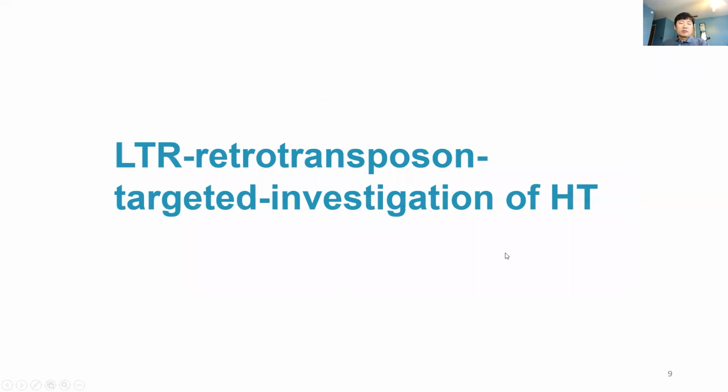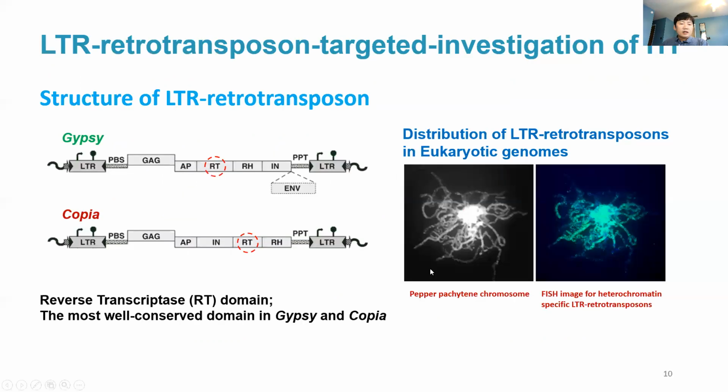Now let me talk about the development of the LTR-retrotransposon targeted investigation method. This is a brief introduction of LTR-retrotransposons. The LTR-retrotransposon is the major transposable element that comprises plant genomes. Gypsy and Copia are the two major superfamilies of LTR-retrotransposons. If you see the right figures,